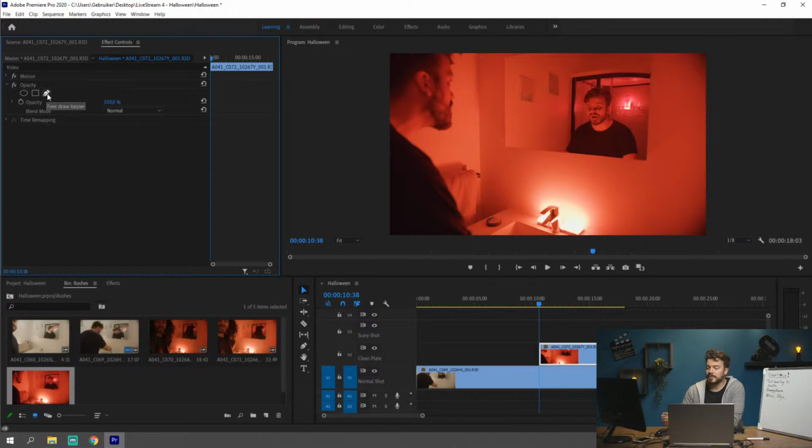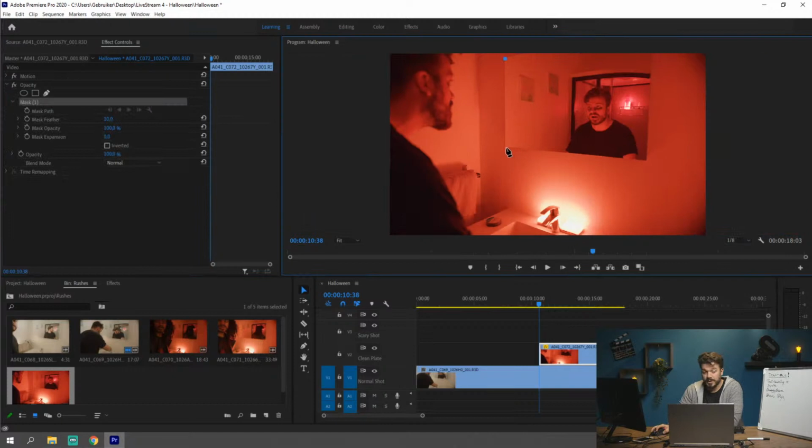And why am I choosing this one? Well, it's because this way I can make a free draw Bezier, or Bezier, whatever it's called, and it just lets me put points wherever I want. And that's actually a lot easier to create a custom shape for your mask. So I'm selecting all of the corners here. Now, of course, you don't see the corner here, so what I'm going to do is just place a corner here,